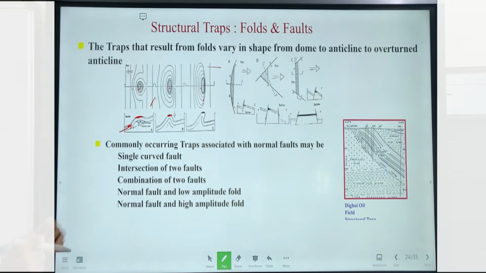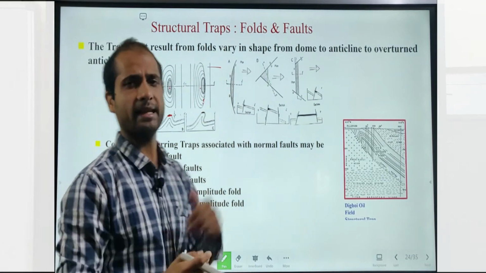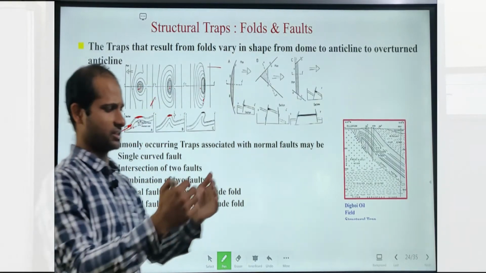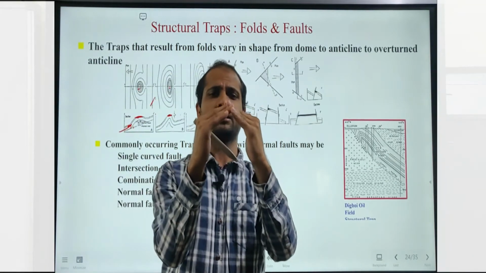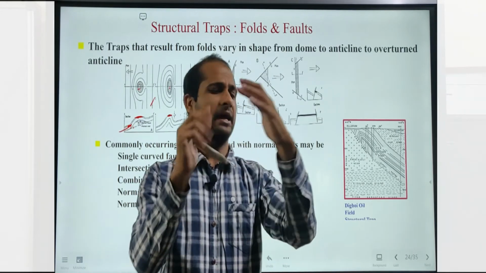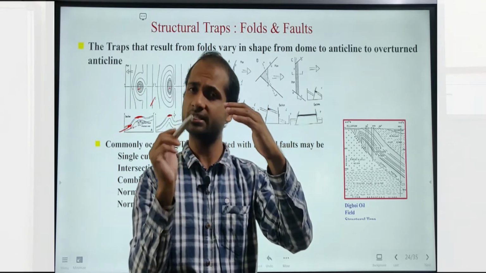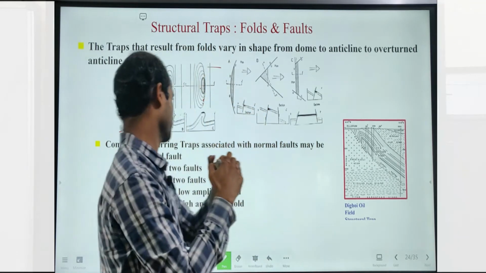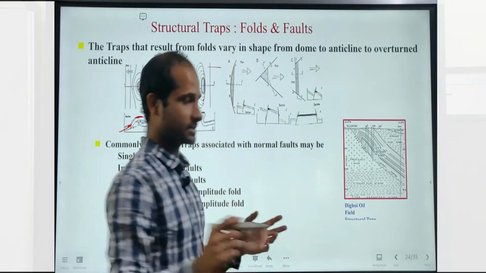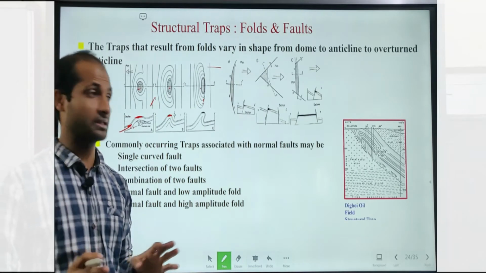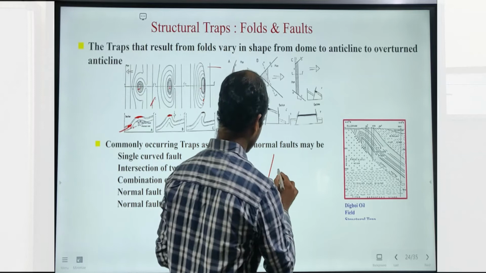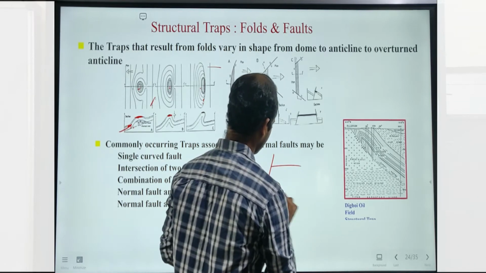In faults, the intersection and combination of two faults can act for the accumulation of hydrocarbon. This is very clear, you can understand it very easily. If we have an upward curved structure, the hydrocarbon gets accumulated in this upward curved structure. In a fault, how the accumulation takes place is really complex. Somebody can say, how will it happen in a fault? But over here, suppose this is a fault, this is a normal fault, and